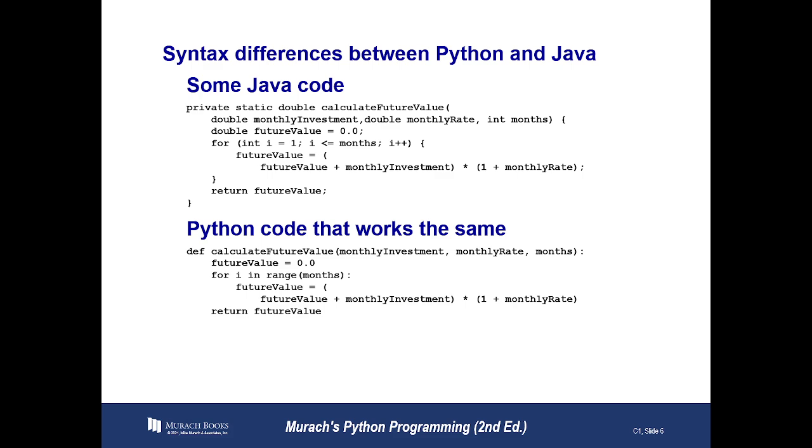And then when we do a loop, for example, we have a colon at the end of the loop, and there's something called range. So there's different ways to do what's called a for loop. There's other kinds of loops, but notice the indentation from the function def calculate future value is 4 characters, and what that means is that everything that is indented 4 or more characters below that header is going to be in control of this function or part of this function,